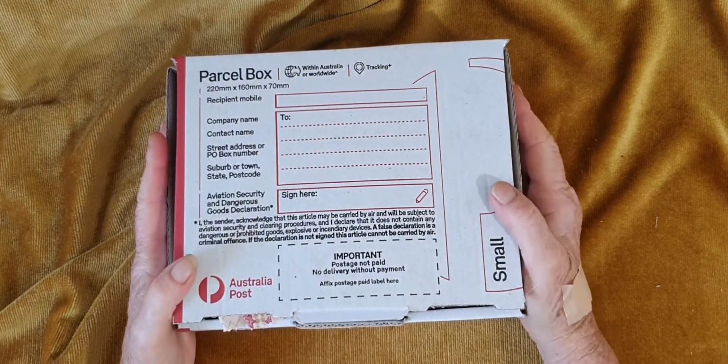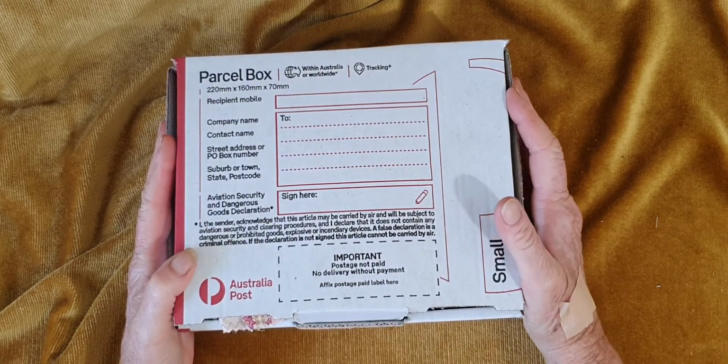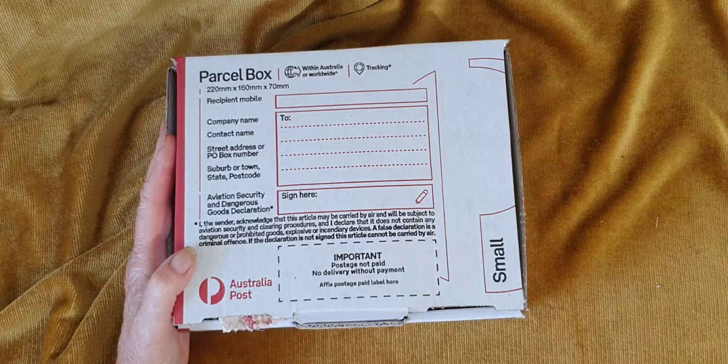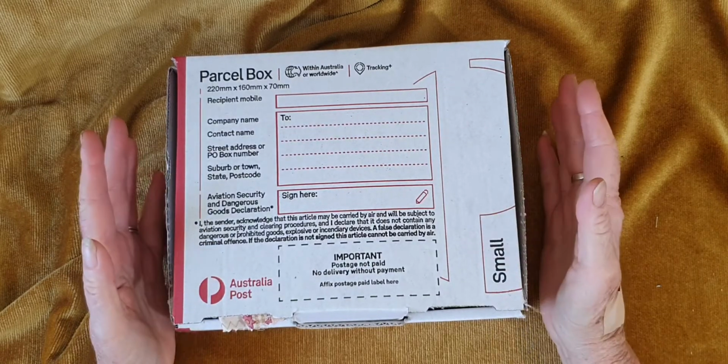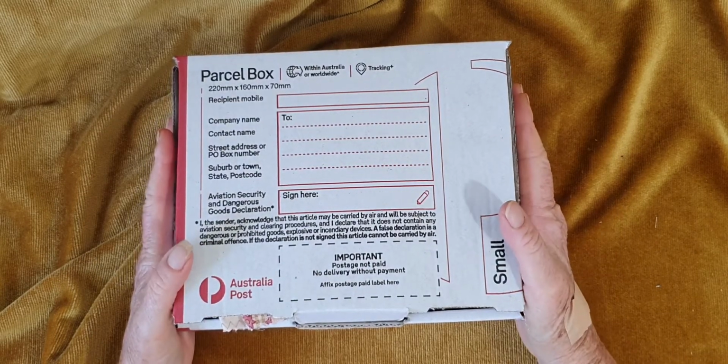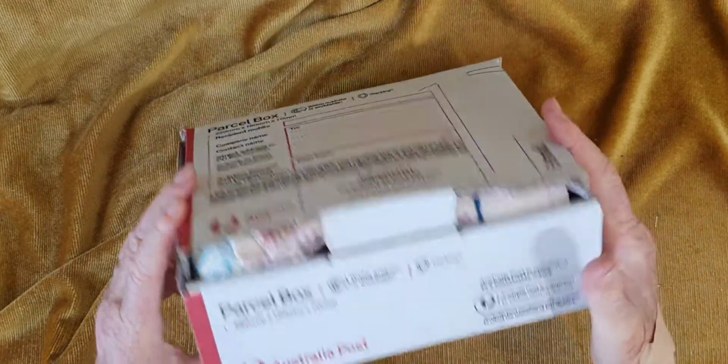Now this one is a little bit special, and as you would have known, I've entered a challenge where I had to make a twinchie. Well, I got so inspired and got so carried away, I ended up making a snippet roll. So as you can see, this box,